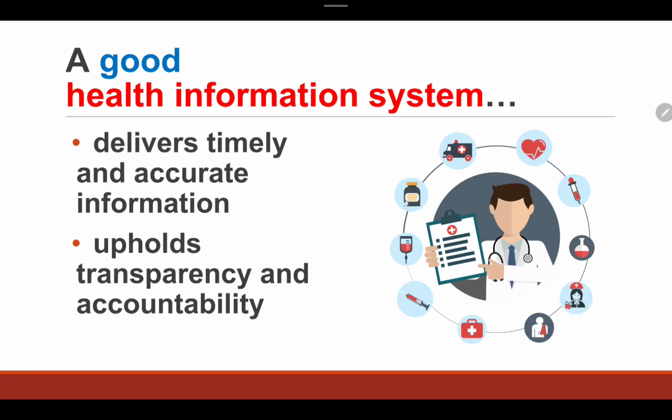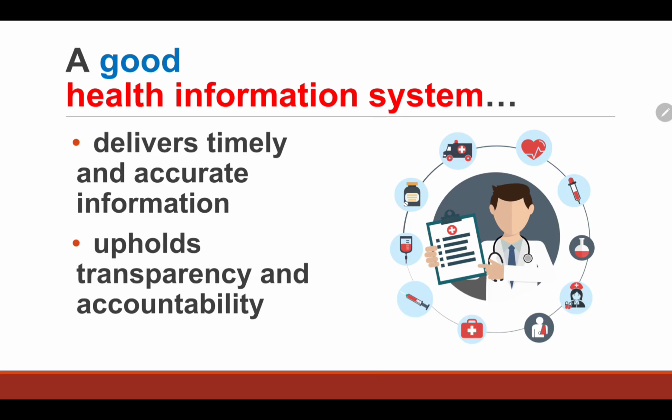Okay? So, remember that a good health information system delivers timely and accurate information, and upholds transparency and accountability. This enables decision makers to make informed choices about the different aspects of a health institution, from patient care to annual budget. This is an example: what I mentioned earlier regarding dengue, they noticed what happened based on the data, so they decided to lower the price of the CBC. Okay? There is a lot that decision makers can do.